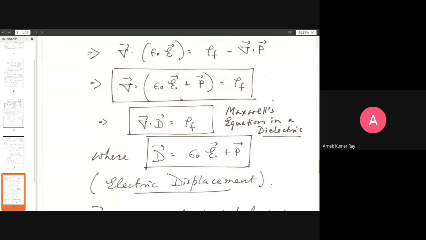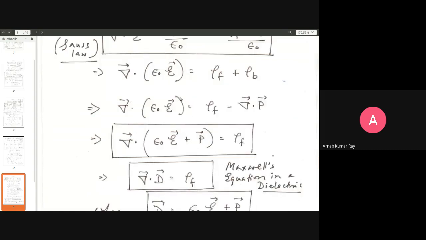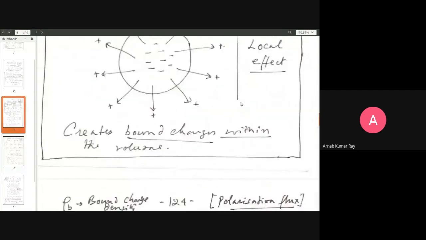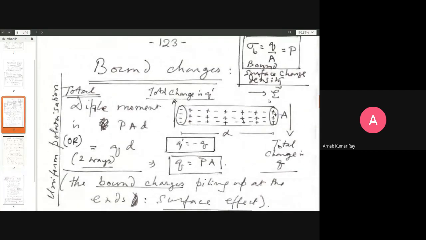In addition, the polarization was in the first place created by the external field. So let me go back to the diagram and try to explain this a little. There is an external electric field, not E for the time being, that has given rise to the polarization. The polarization process itself will give rise to another electric field. So now you are looking at two electric fields. One is the external electric field, which caused the polarization in the first place, and the other is the polarization's own internal electric field.